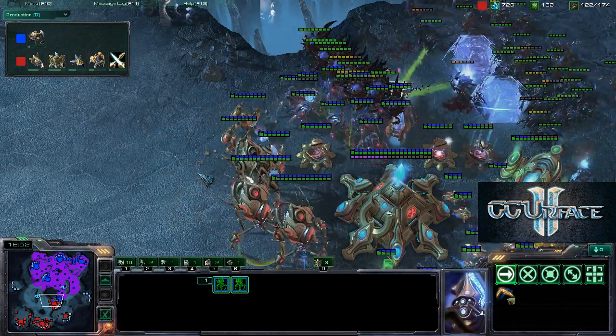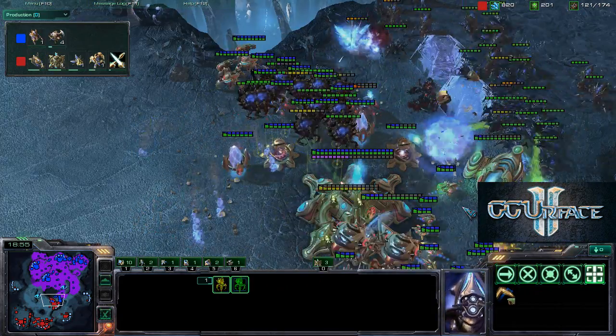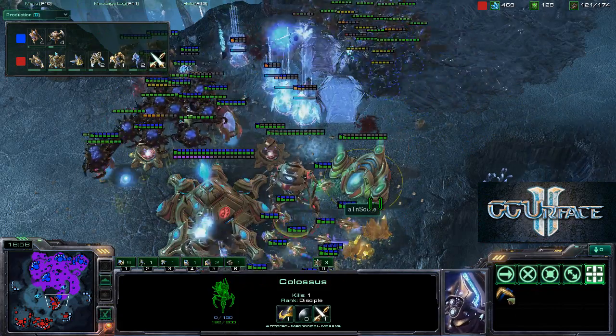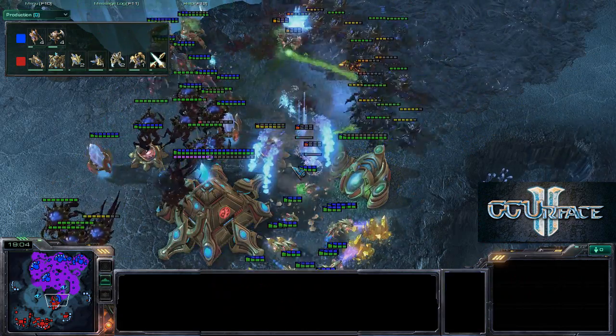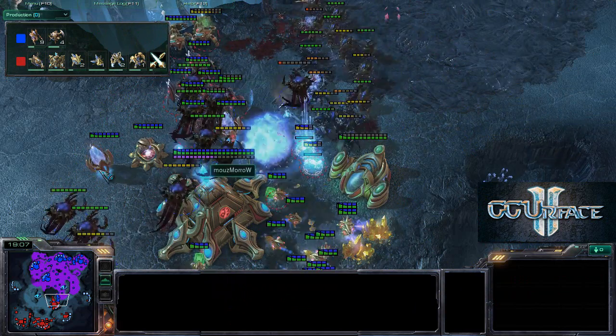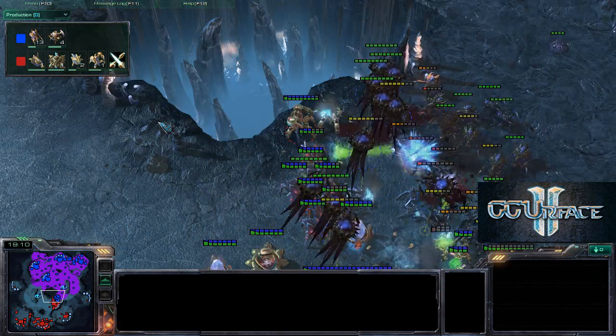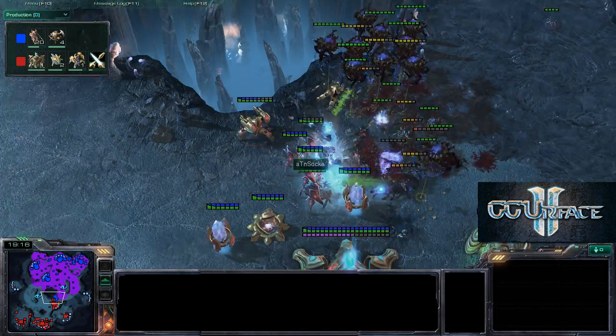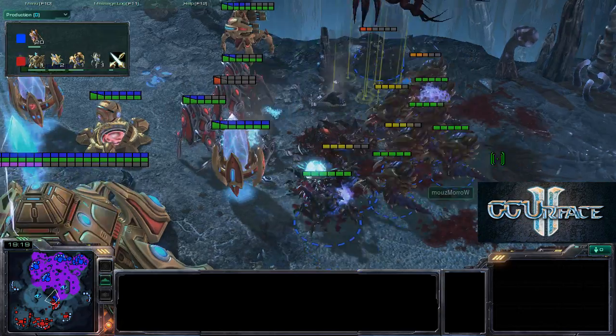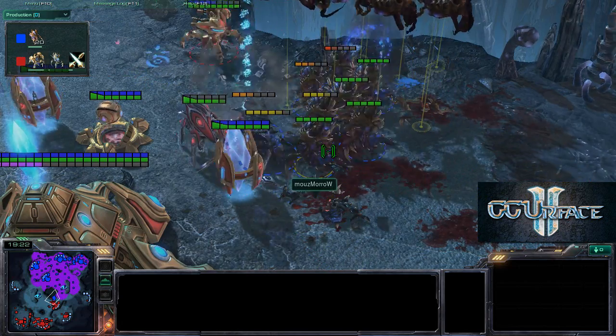Colossus are running back. This is exactly what you want for the Zerg, making the Colossus run, not having the Colossus engage any of your units, fighting the gateway units with the mass number of roaches and Hydralisks. The Corruptors have done their job, and there are no more Colossus. And there is a lot of roaches versus Stalkers right now, and you can see that MorroW is moving up